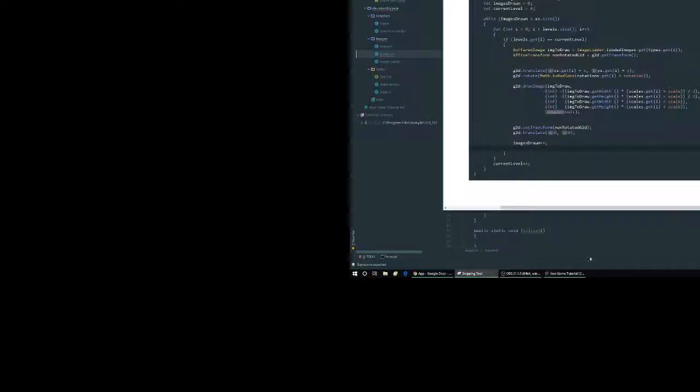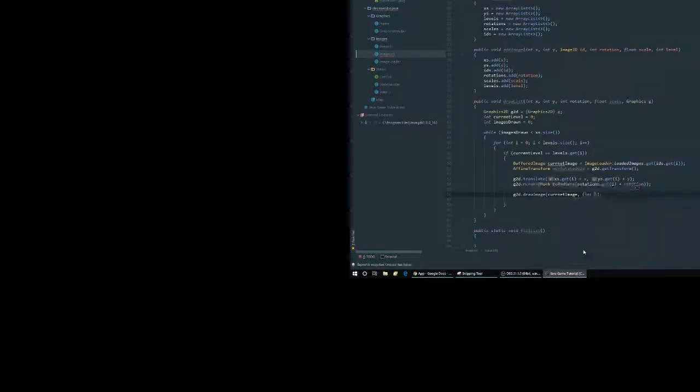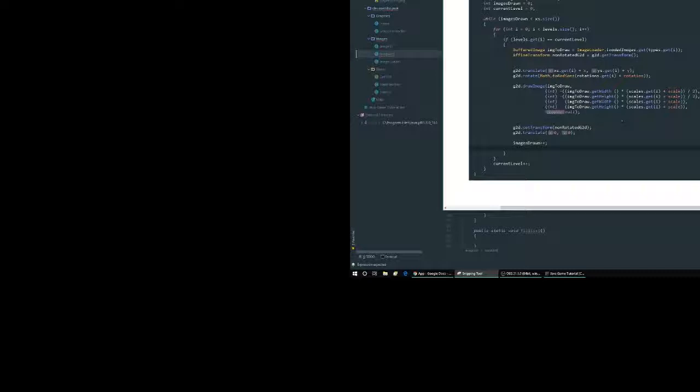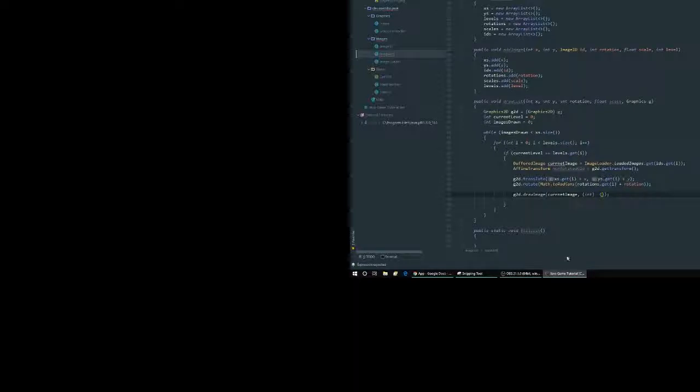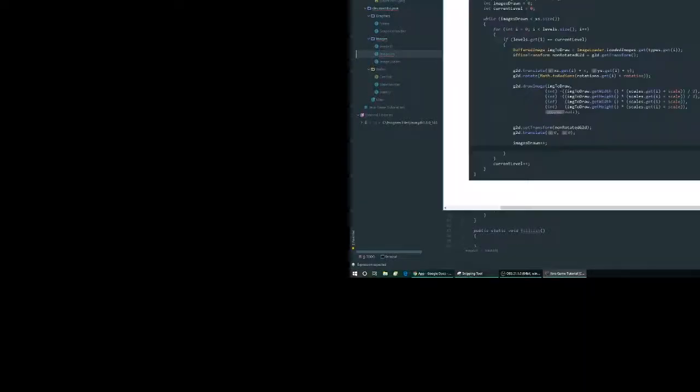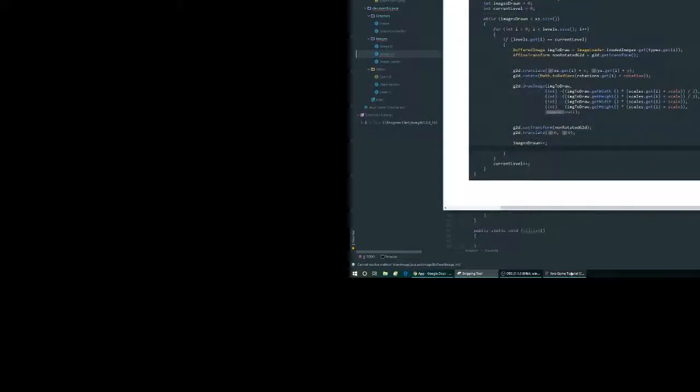We have to cast to int, and then we have to, let's put brackets, then we have to go negative, those are negative brackets, so negative, and then we have to go, no, sorry, current image.getWidth, gotta make sure I'm doing this right, getWidth times